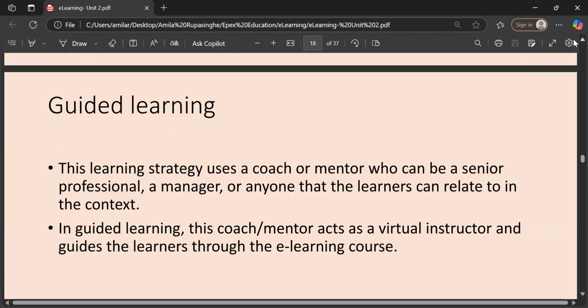Through that, we can guide them to some things that they can't understand by themselves, right? How to select the content, how to relate it to the question. For these things, they need some guidance, right? So through a mentor or a coach, we can give this guiding for their learning.